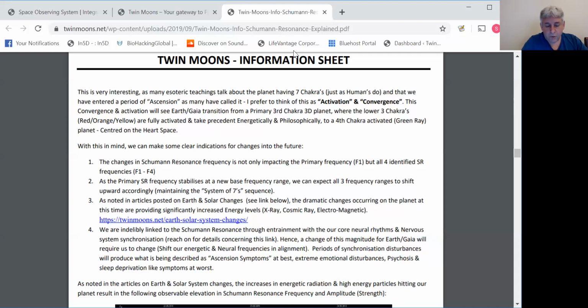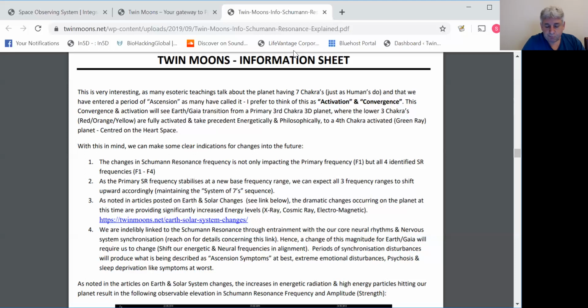And lastly, what we're seeing is that humanity is entrained to the frequency of the primary Schumann resonance, and if we can't get our natural cord rhythms and our nervous system synchronized, then we have a great deal of trouble ahead of us. But if we can do our internal work and maintain a balanced approach to ourselves, then when there's a shift in frequency, we can shift up to meet that and then balance at that frequency. It's going to be a period of disruption, but it should be very small when compared to those who aren't doing the work.